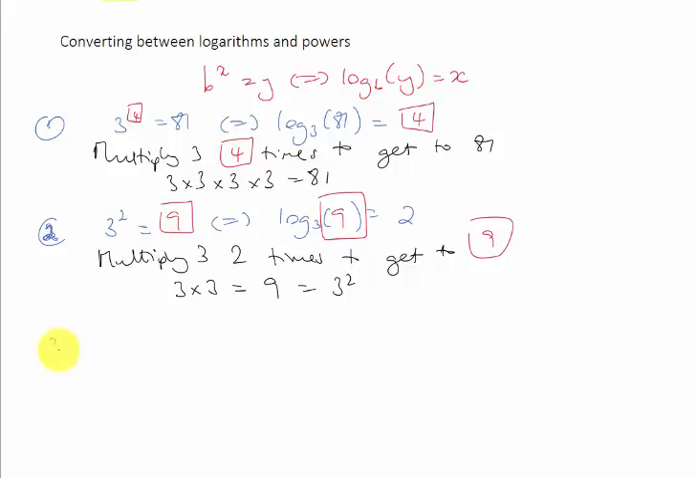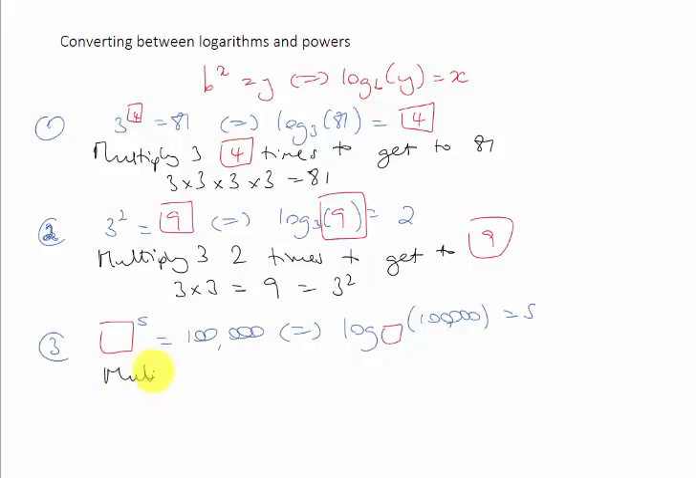Right, in the third example, here we're going to leave out the base. So a number raised to the 5th power is equal to 100,000. So that's the same as saying that the log in base, we don't know yet, of 100,000 is equal to 5. So if we multiply a mystery number 5 times to get to 100,000, and